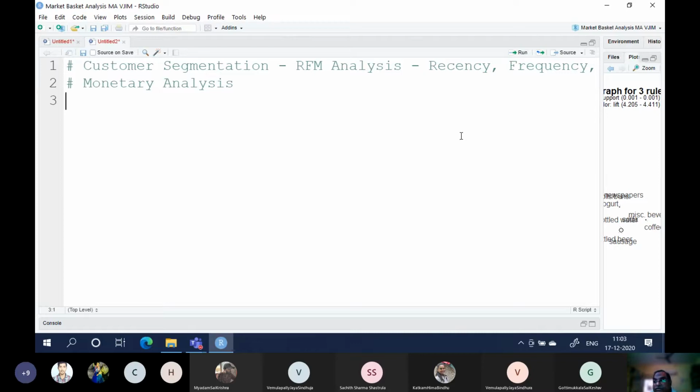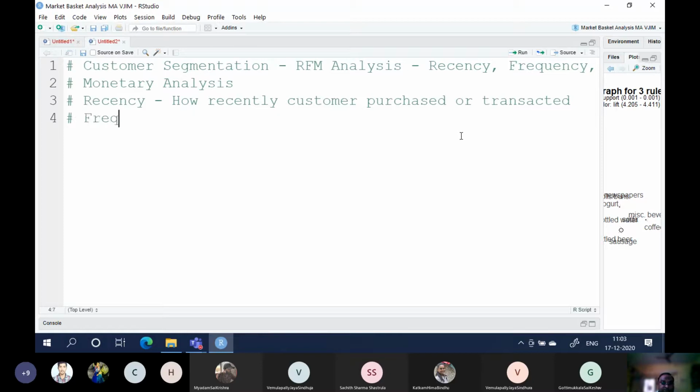Okay, so RFM, the recency part here is how recently a customer purchased or transacted.